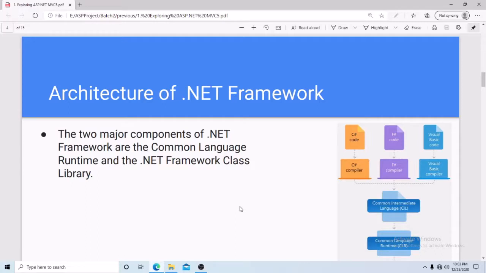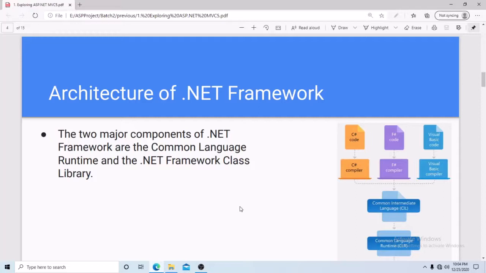It provides services like thread management, garbage collection, exception handling, type safety, etc. The class library provides a set of common APIs and types for common functionality. It provides types for strings, dates, numbers, etc. And the class library includes APIs for reading and writing files, connecting to databases,